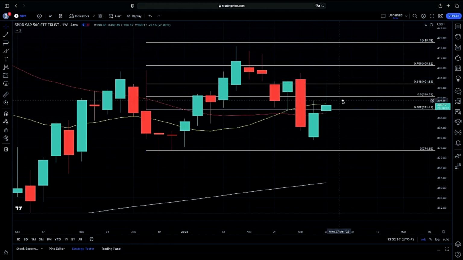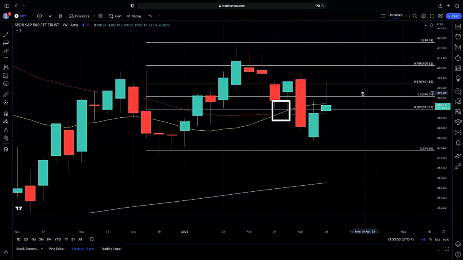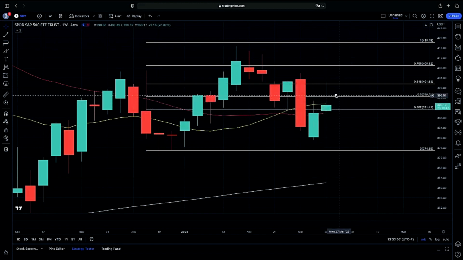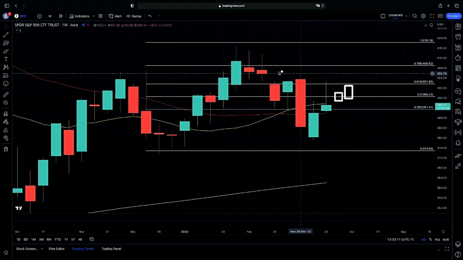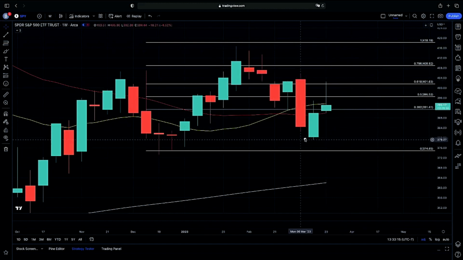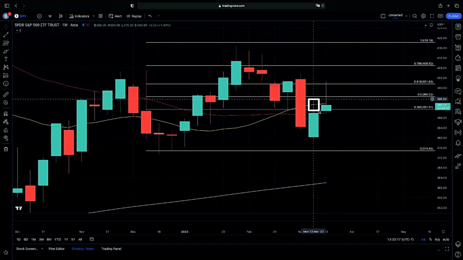But again, as we have been mentioning, our 20-day is above our 50, so we can possibly continue on with bullish momentum. So again, going into tomorrow, how we close this candle here will be key. Can we close above our 20-weekly moving average for that possible bullish case scenario, jumping above our prior balance highs that we had here, or will we possibly continue on with this rejection that we had for the last couple